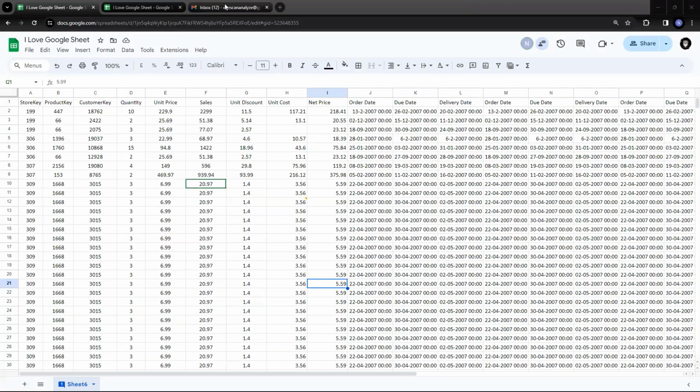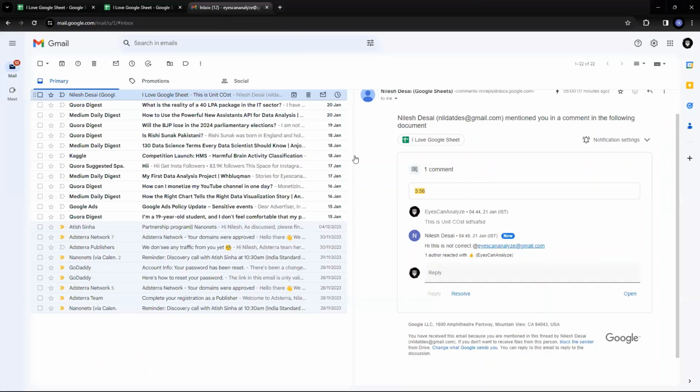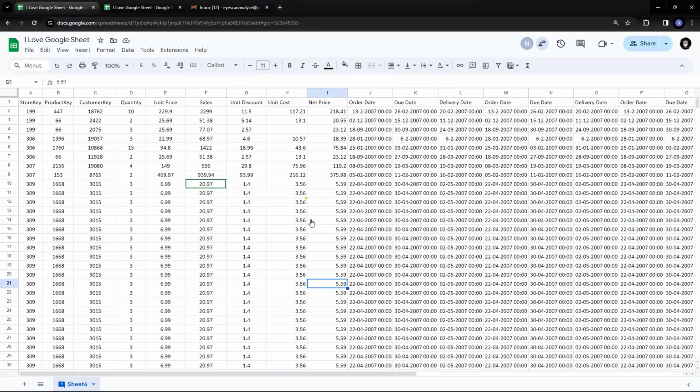So guys, the email has come in. You can see since we have tagged I scan analyze, he has got an email. So I get an email as soon as my colleague tags me for a particular comment. If you do not tag it, the comment would be shown